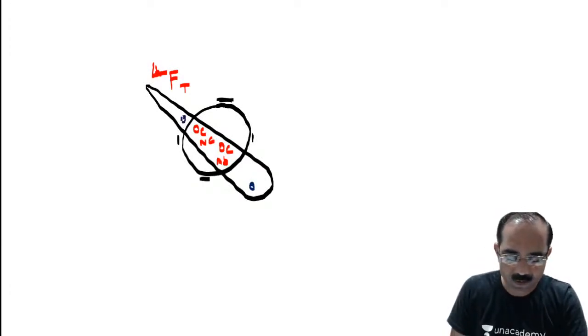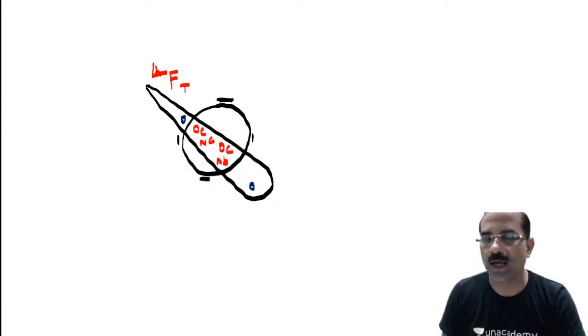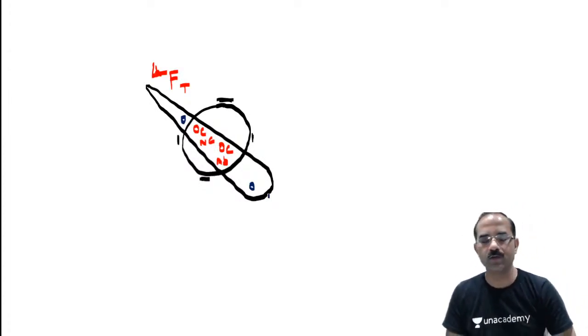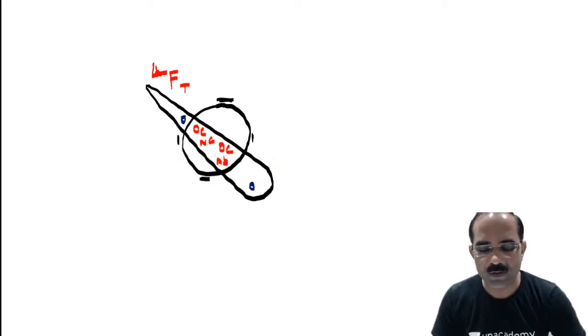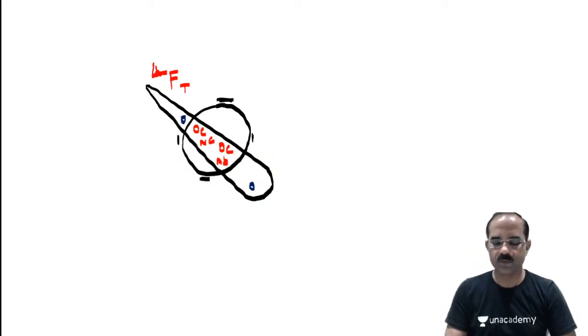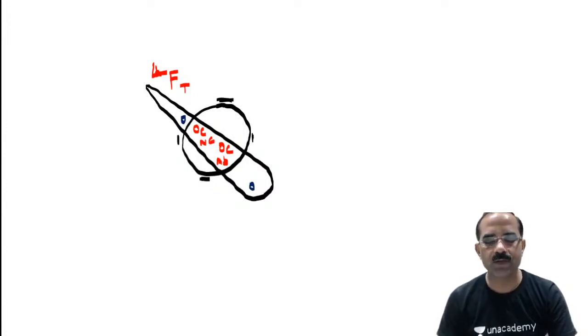Incidentally, there is also the superior ophthalmic vein here, and the inferior ophthalmic vein. Clear? So that's about the superior orbital fissure. Just remember this. I hope this is clear to you.